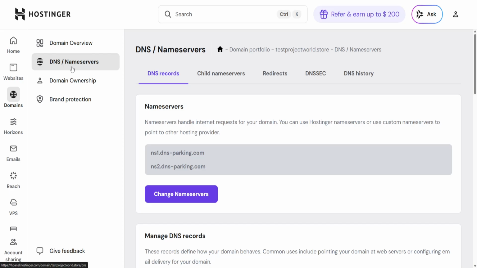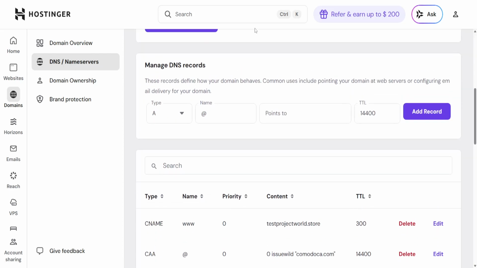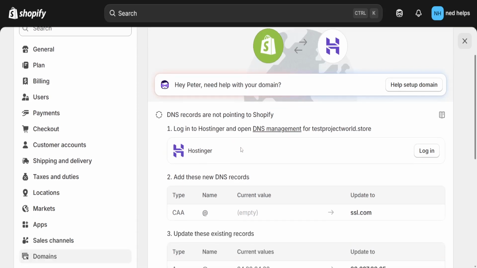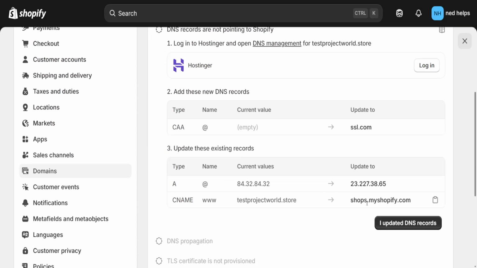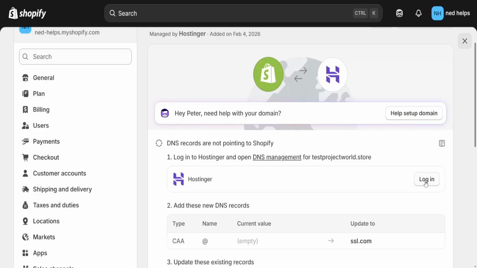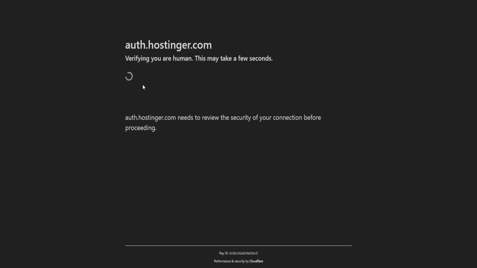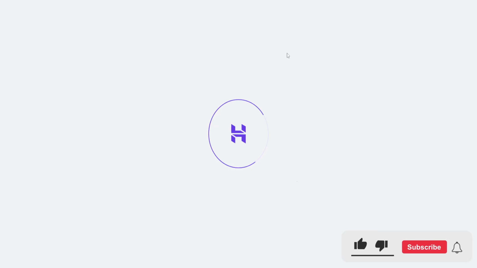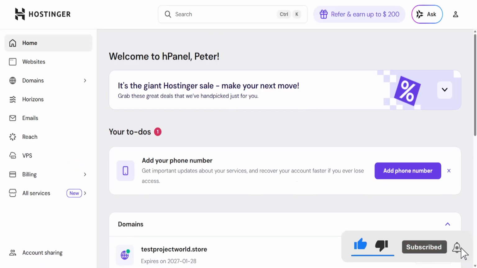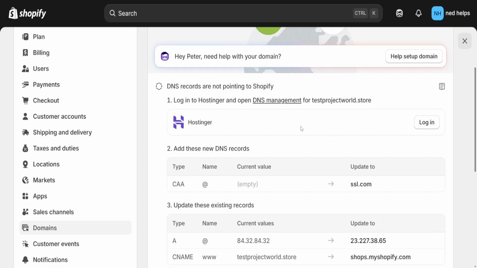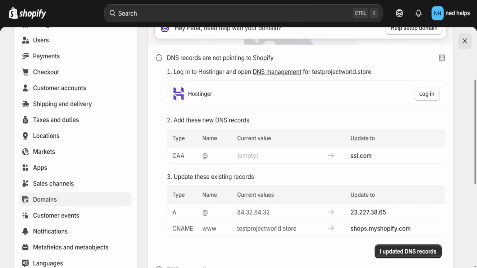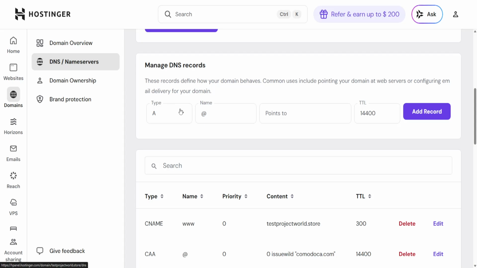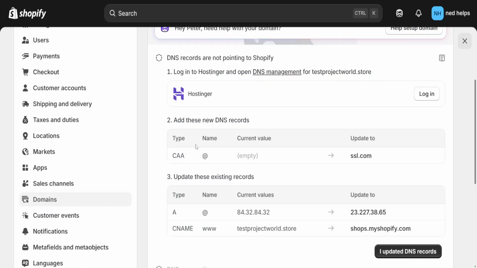Next, we will go into DNS/name servers. Okay, so here it should automatically detect what needs to be changed. So right here, you can click on Login. It might work, it might not, sometimes it works, sometimes it doesn't. But anyway, once you have logged in, then we will go back into the DNS/name servers, and we will need